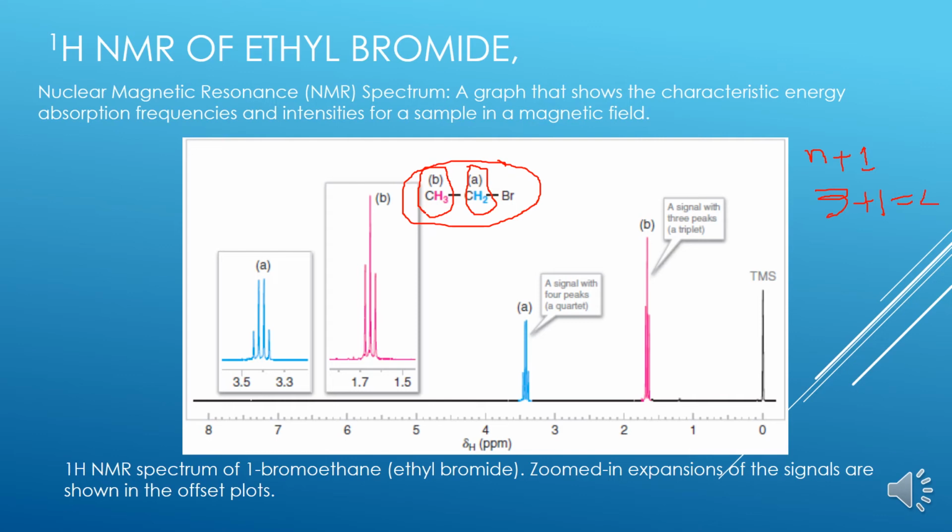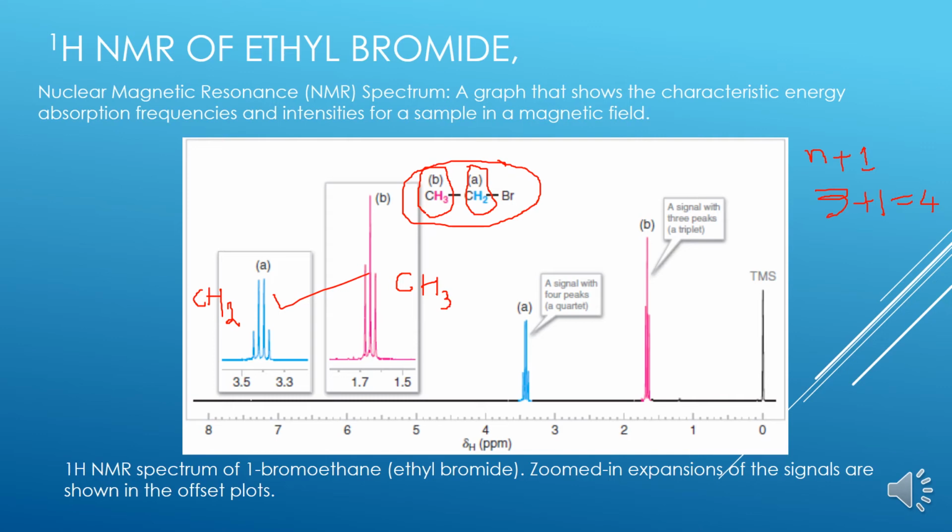Okay, so methylene protons split into 4 peaks. This is observed in the region of 3.3 to 3.5 ppm. This is a quartet. This peak is for the methylene protons, that means CH2 protons. This is for CH2. And let us move on to the other peak splitting of the molecule, that is the methyl proton. This is for the methyl proton. This is labeled as B.